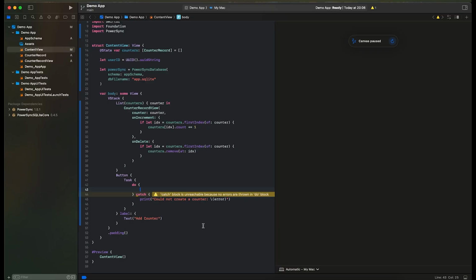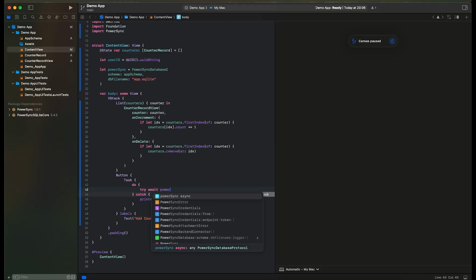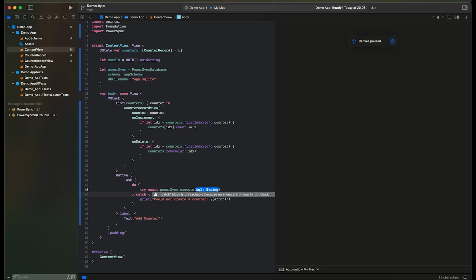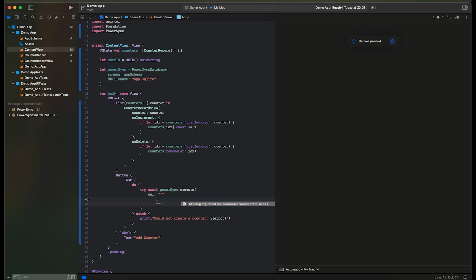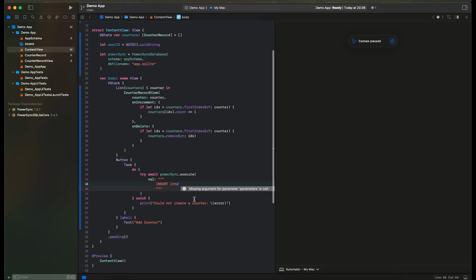a counter, and we can display the error for debugging purposes if any errors do occur. So we can start out by instructing PowerSync that it's time to create a new counters record. We can try and await PowerSync execute. This will execute a new SQL statement. So let's give it some SQL. We'll use a multiple line string, and we can say insert into